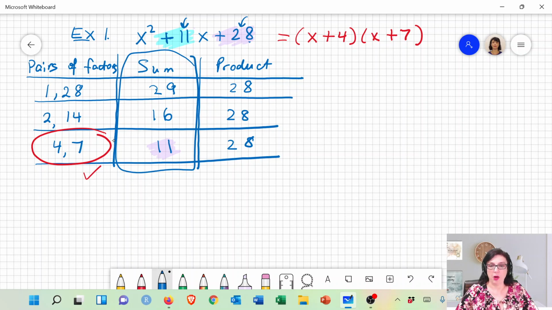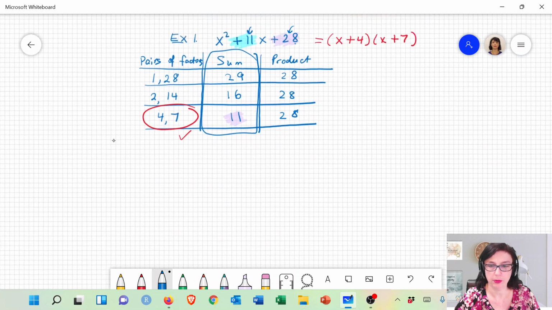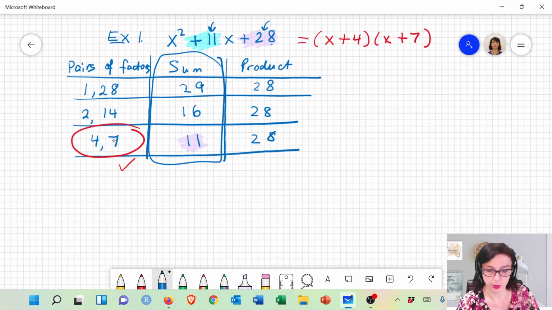How do we check our work? Well, we have to do FOIL. So to check, oops, sorry, it just kind of ran away from me. So let's check, okay? So check this one right here. So we're gonna do first, so the FOIL, right? First,